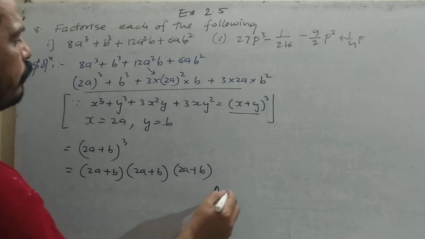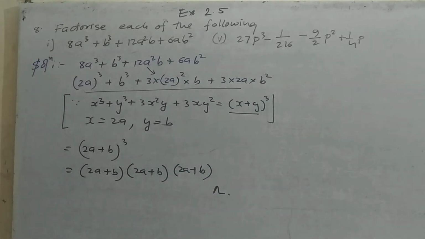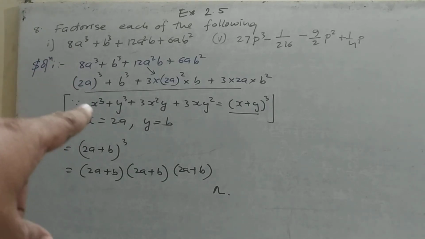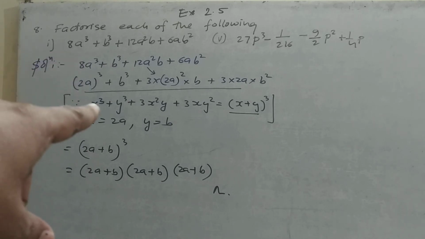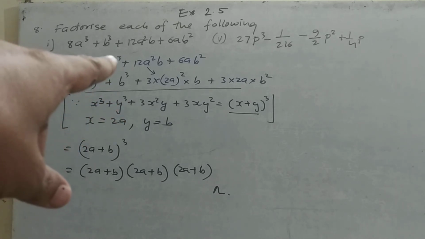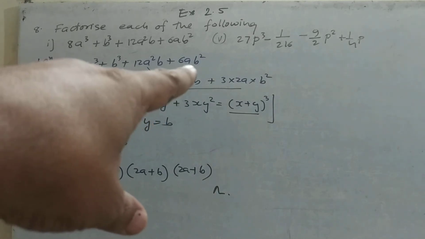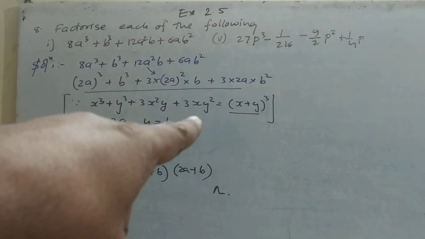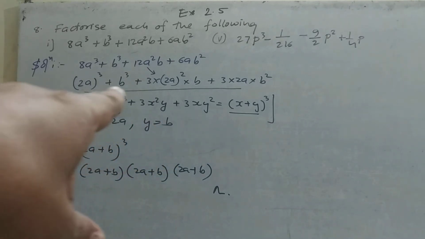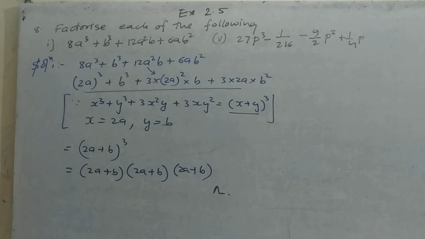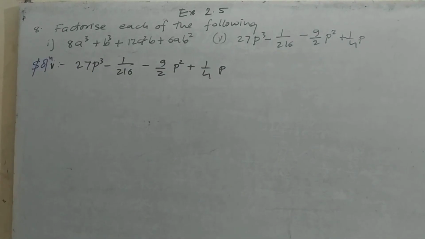Did you understand that? You first have to write down the identity, and according to the identity you have to match. This is this, this is this, now this is this. You separate it like that and bring it like that, and match it with this, and all of this is matching with this. In place of this we are writing this. This seems a little complicated, but it is not.